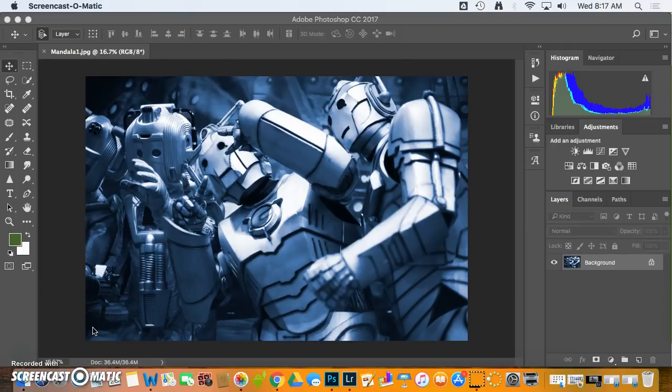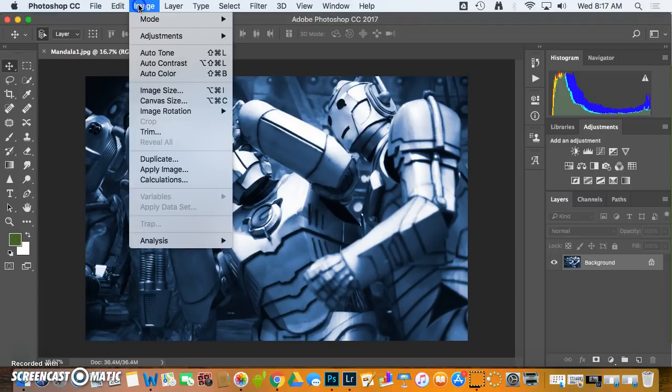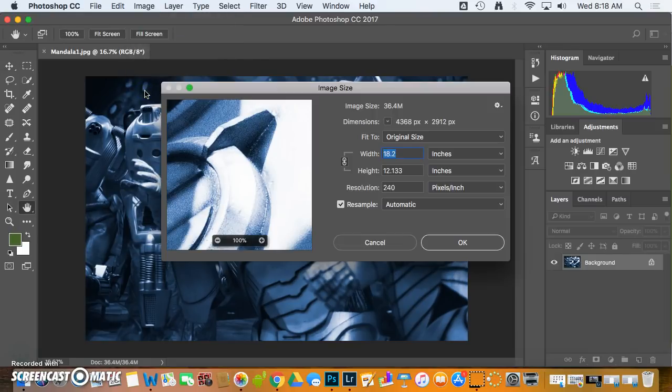Today I'm going to show you how to make a photographic mandala. To begin with, you're going to want to look at the size of your image. So right here, I can currently see that my image size is 36.4 megabytes. I do not want to go over 40 megabytes while making my mandala, or the computer will start to run